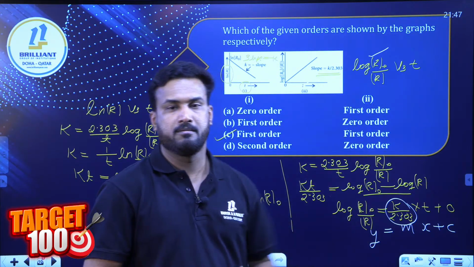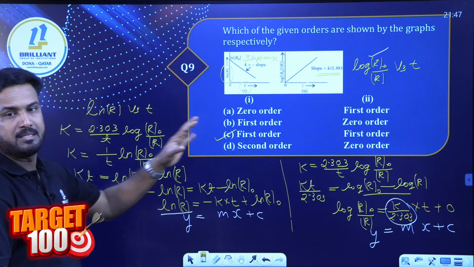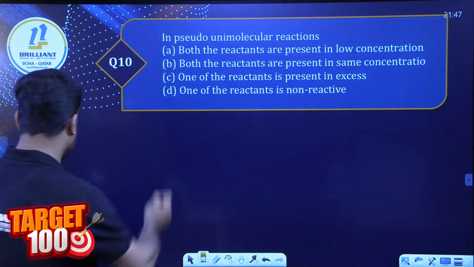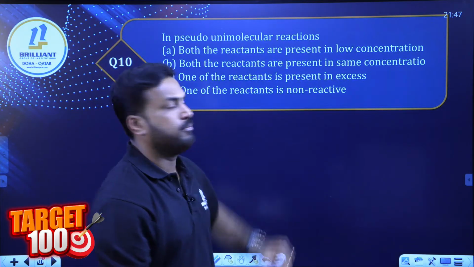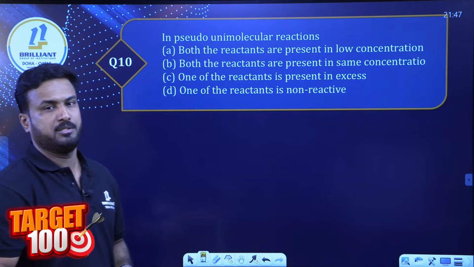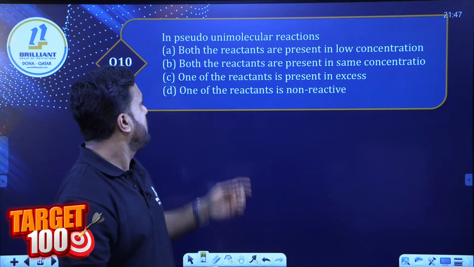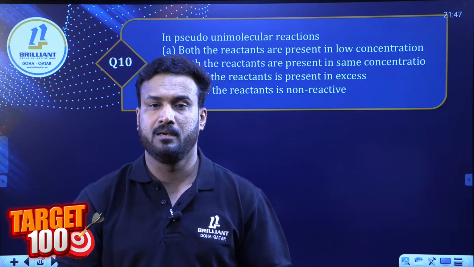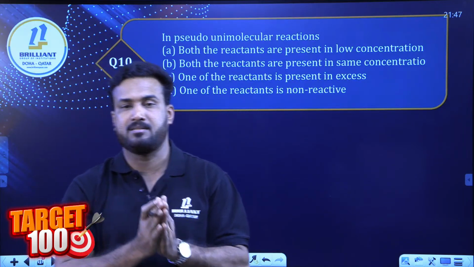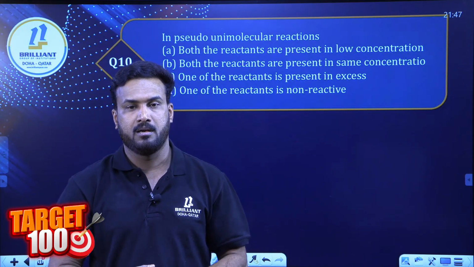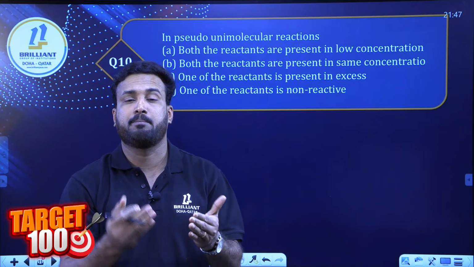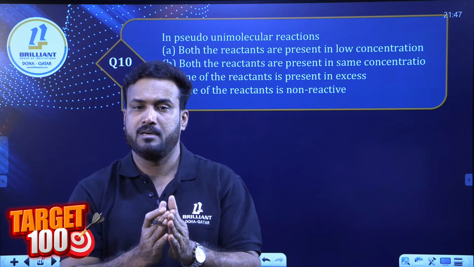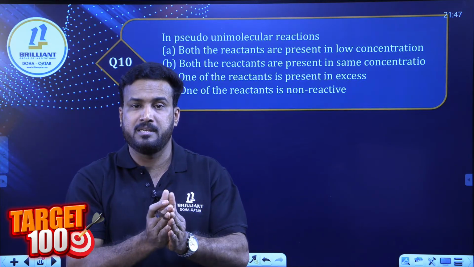Yes, Sania, good, fine. Now we will go to the next one. This is the way we'll be solving this one. Question number 10. In pseudo unimolecular reaction, you know what is pseudo unimolecular? Options are given. Pseudo unimolecular in the sense, in a reaction, if one of the reactants is in excess, reaction rate is directly proportional to the concentration of the other reactant, isn't it? So in a reaction in which you are taking one of the reactants in excess,